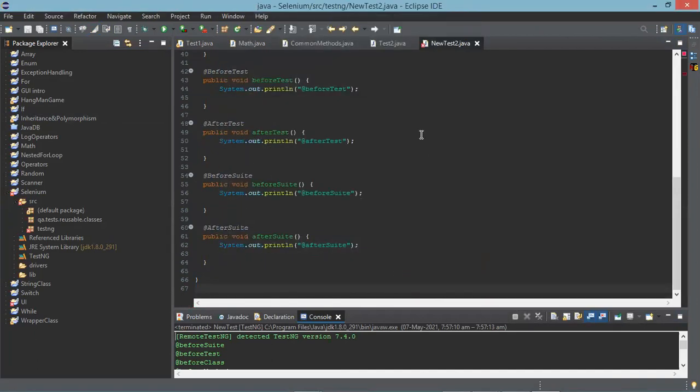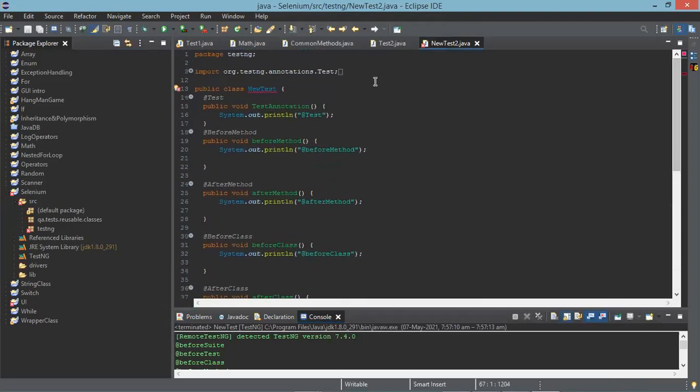Now this is another test for me. Change the class name also. You can find the red icons on the lines. Now change the name to test2. The compilation name and the class name should be the same. Now save it.